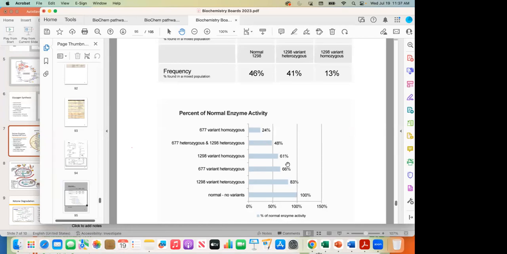So there's a scale, and that's why some patients with MTHFR have really no symptoms or low symptoms, because they're still able to do the pathway most of the time. And then some patients will be debilitated or have really significant symptoms from this gene defect.